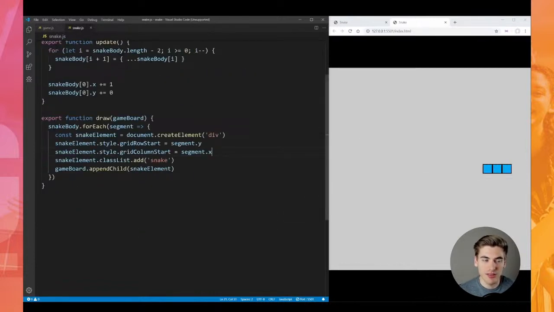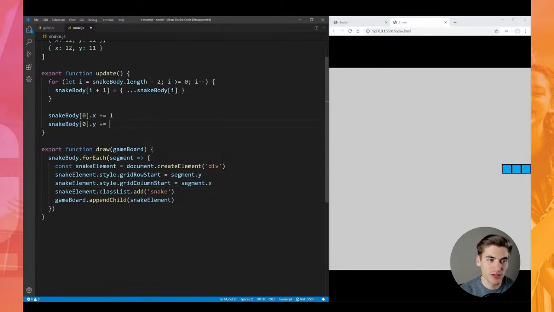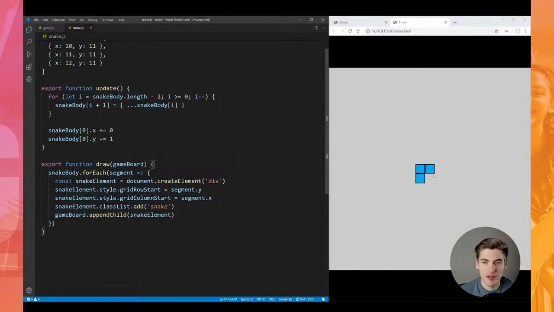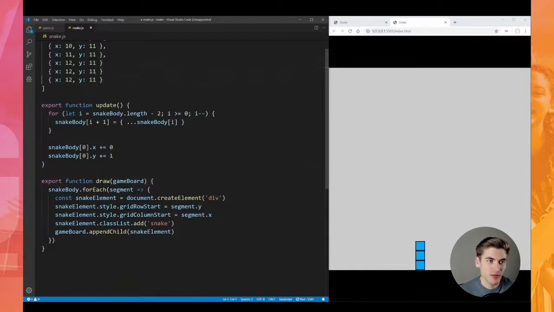And in order to make this look a little bit better, let's actually add 1 to our y instead of our x. And as you can see, it's much better, properly following the snake as it's actually making these turns, as opposed to just always moving the entire snake in one direction. We can see that a little more if we add even more segments to our snake. It should be even more obvious. So let me just add these extra segments, and we'll save one more time, and you should see that it's going to move down, and each one of the pieces of the snake is going to be following,